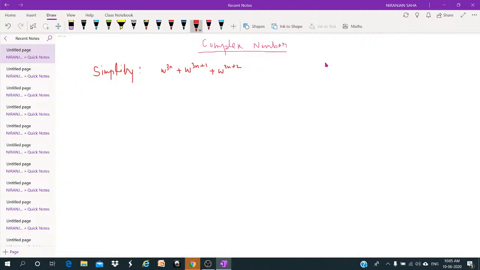So what is omega? If we solve this equation, x cube minus 1 is equal to 0, this will give us the cubic roots of 1. So what are the roots of 1? We find out that these roots are 1 itself and